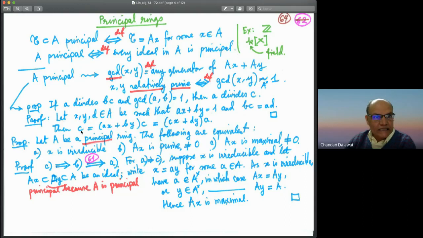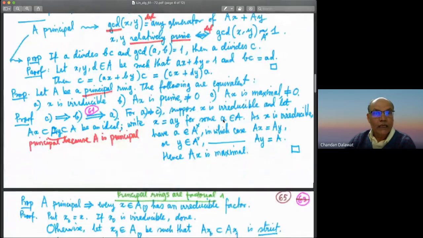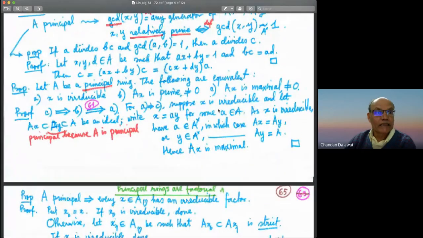So I can write C as 1 times C, and this 1 has been rewritten as ax plus by. So now you expand it and you see that you can express this thing as a multiple of A. So C has to be divisible by A. Okay, so the next assertion is that